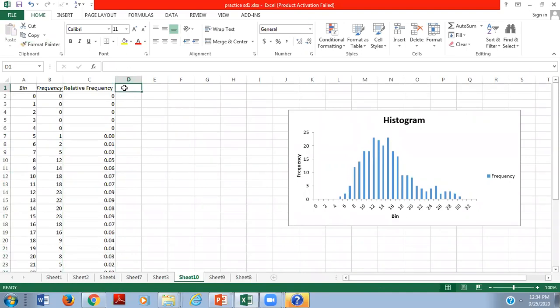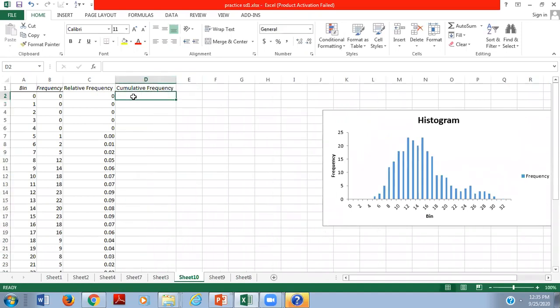Now we have to calculate the cumulative frequency, just to know in how many days the maximum computers are going to be repaired. For that, what should I do? Cumulative means we have to add the previous frequency, right? So equal to sign, this one, no change in that, equal to sign, this one plus the previous value, right?